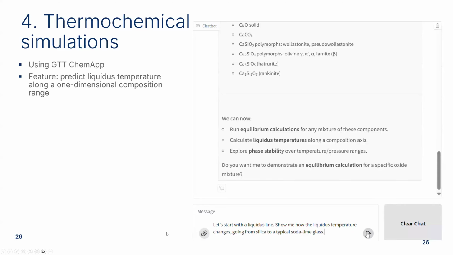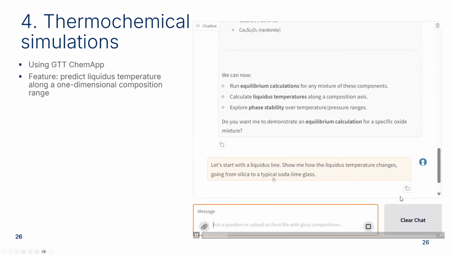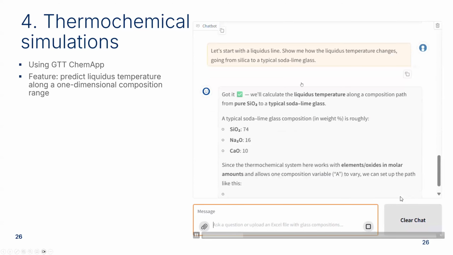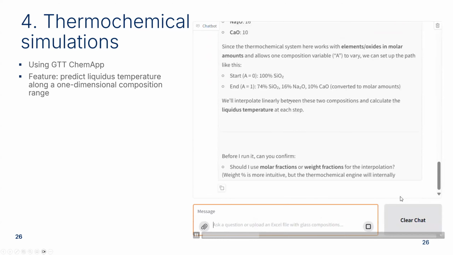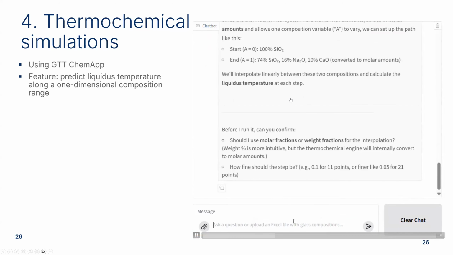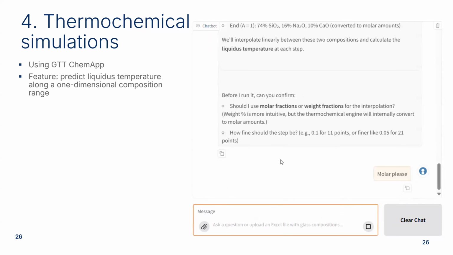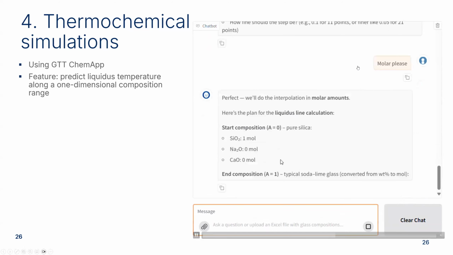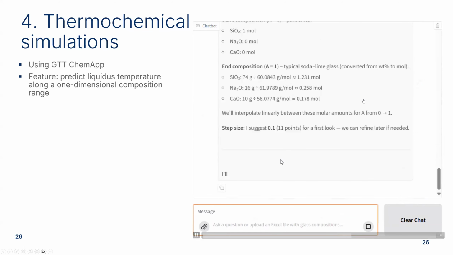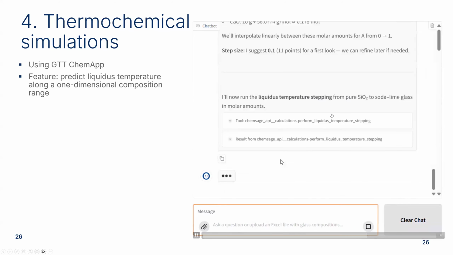And so one thing I can say, for example, is I would like to see the liquidus temperature between silica and a typical soda lime glass. So you add the soda and lime in order to lower the liquidus temperature, and so well, okay, it asks me to tell it which units to use in this case.